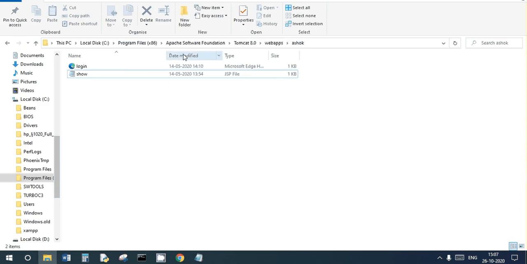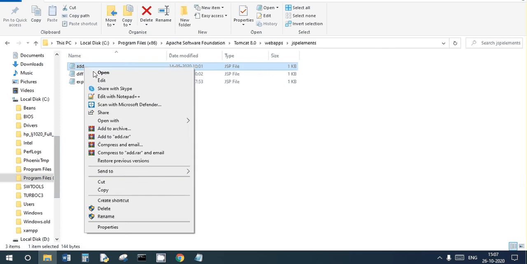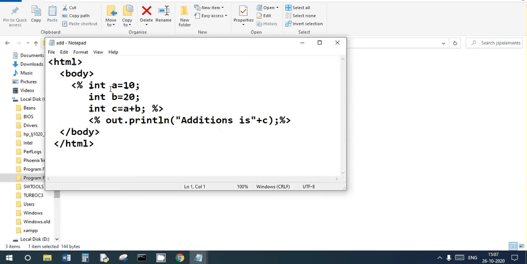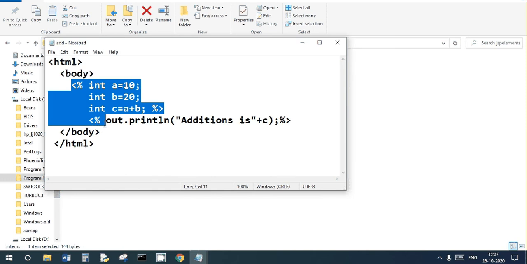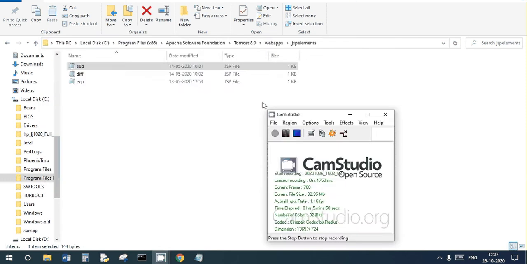Let's execute this code. This is the code in webapps, JSP elements. I have directly written Java code inside HTML.